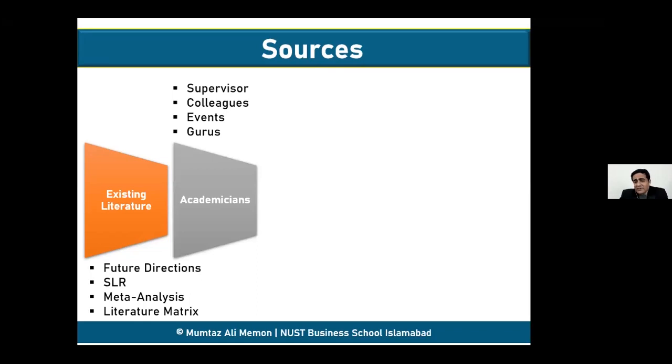Then secondly, academicians. Your supervisor is the first place. Of course, you may ask the supervisor to share their ideas and tell you what the current issues are and what you should focus on. Your colleagues, the informed colleagues who are really familiar with the literature, know what's going on and what's missing and where you should focus. And then the events,